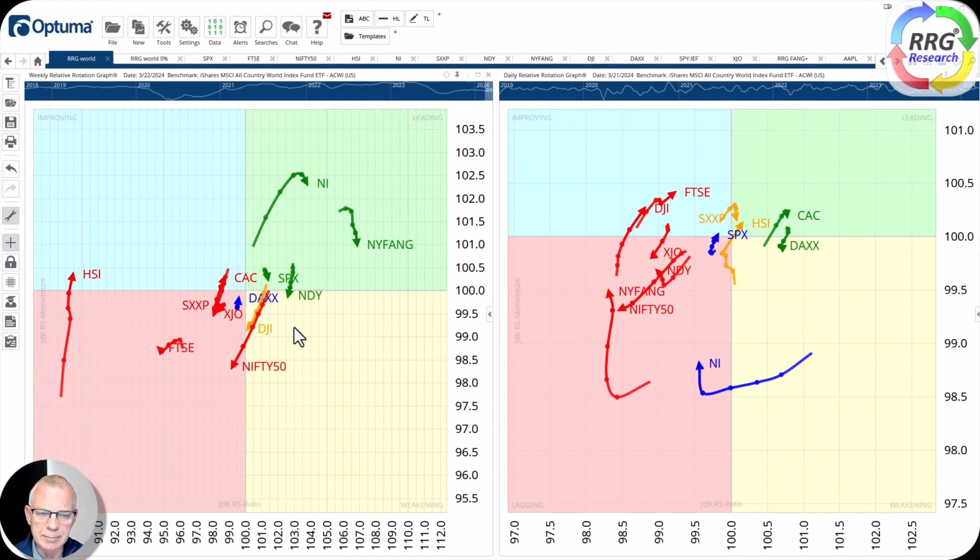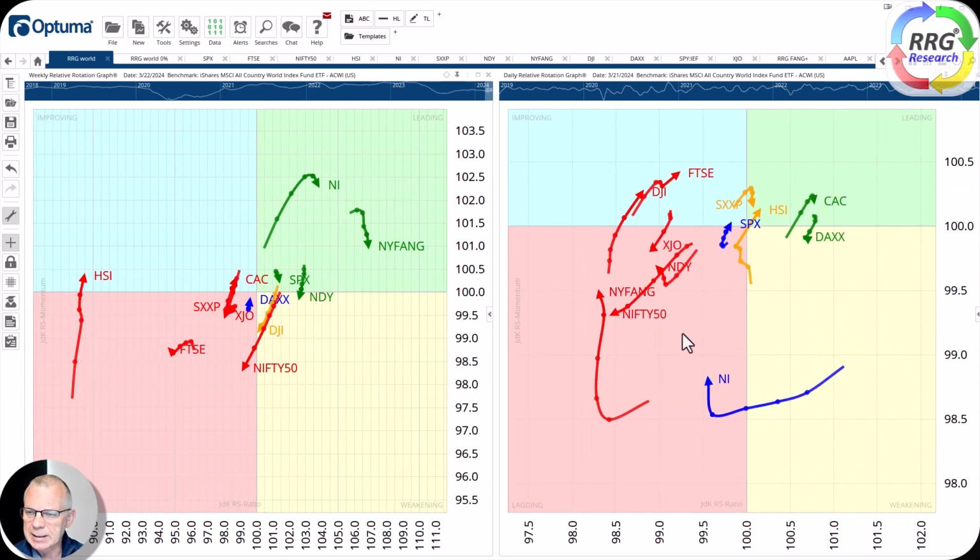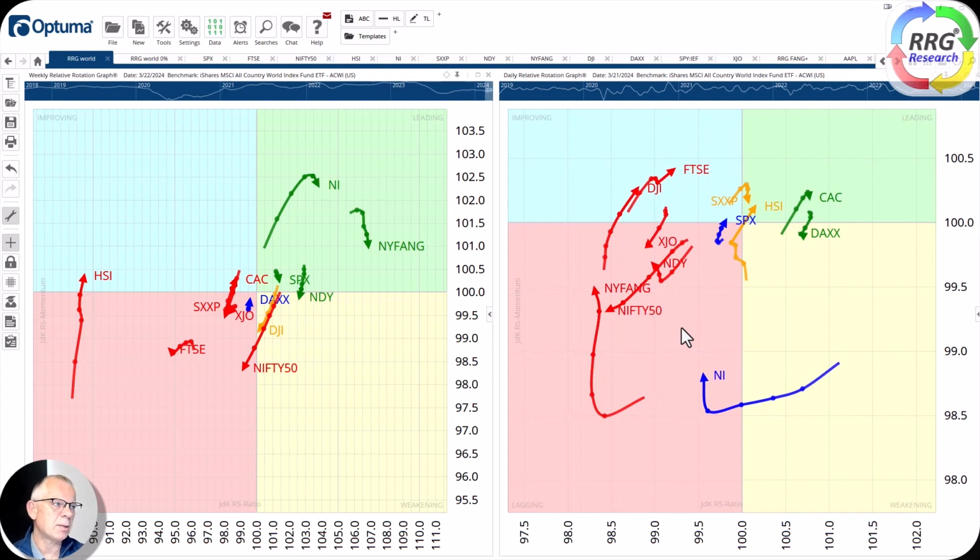I've got the weekly RRG on the left and the daily RRG on the right, and the picture is quite similar to what we've seen over the last few weeks, and it's contradicting. So the tails on the weekly are showing different rotations than the ones on the daily, with a few exceptions, I've got to say, because the first one that I look at on the weekly is the Hang Seng Index, because it's rapidly picking up relative momentum, not so much relative strength yet, but it is one of the longer